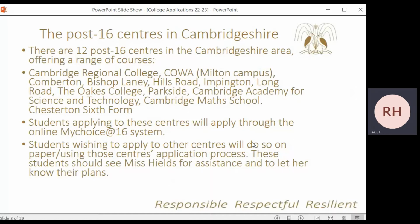For the colleges that are named there, the students will be applying to those through a system called My Choice at 16. They will be introduced to that in PSHE. They will have a password, and all the applications will be based through that. Due to the fact that we use the information that the students put onto My Choice to help us with references,